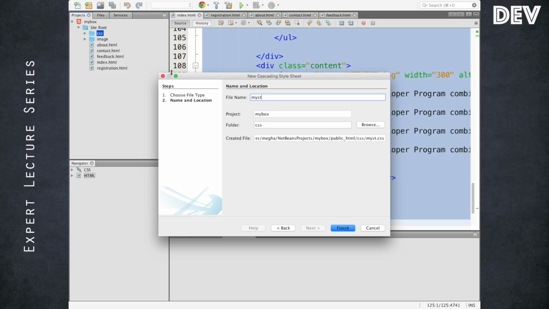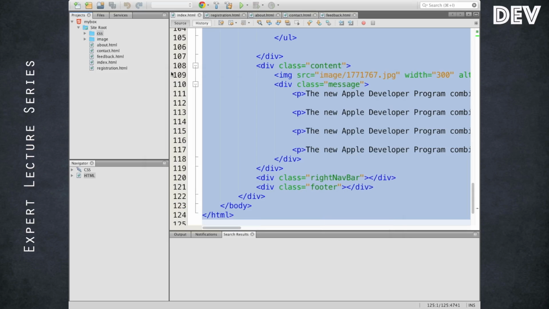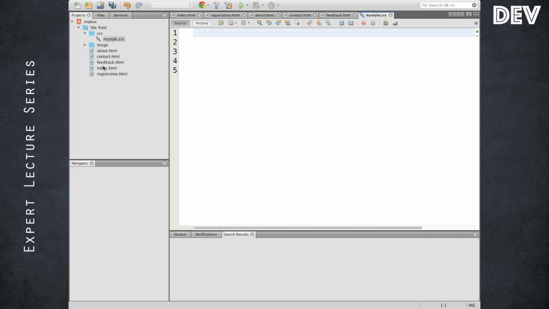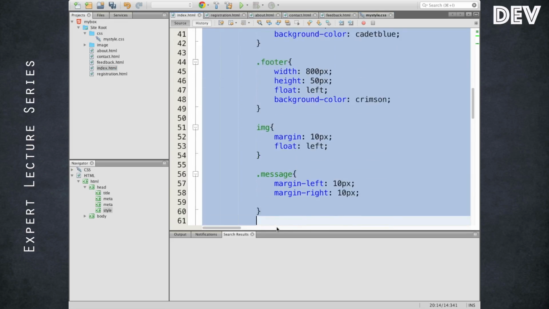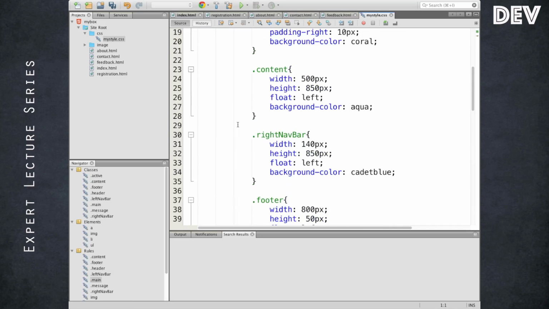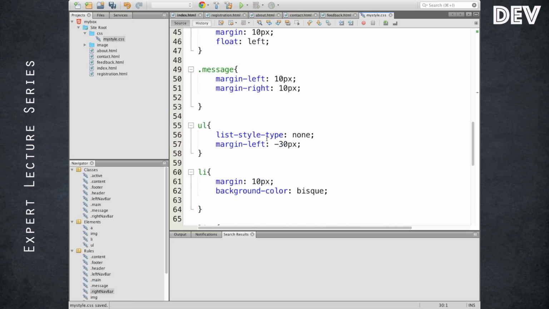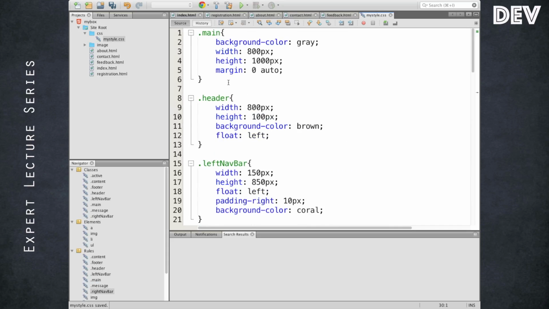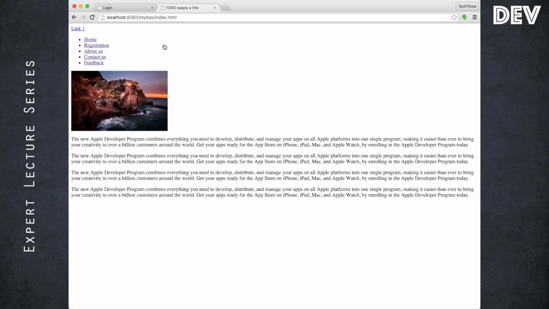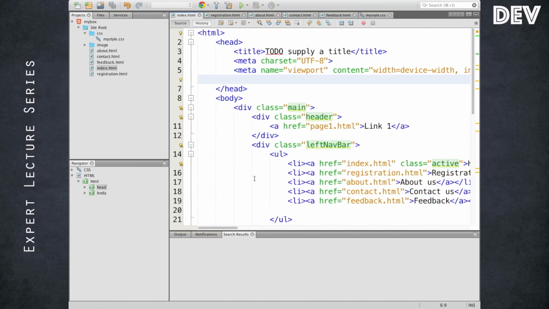Let's add everything here. So I brought everything to this external style sheet. I just need to link them. Okay, let us see how things look without the style sheet. Oh my god. So looks like the style sheet is the only thing that made sure the entire layout is in the desired way. So time to link them.